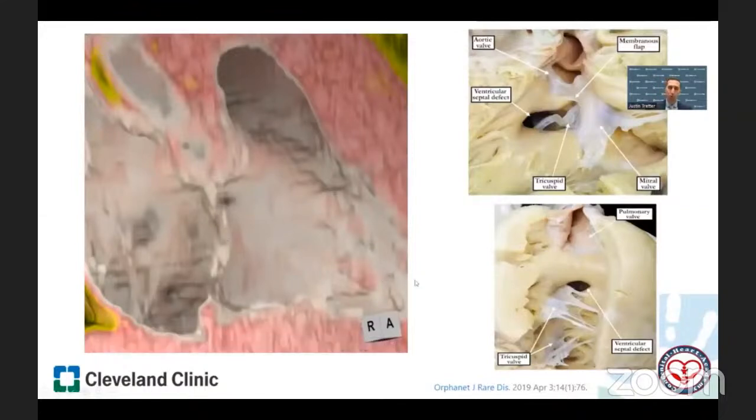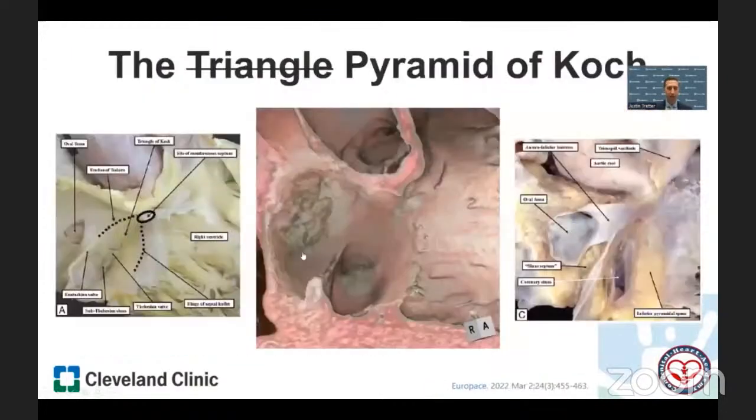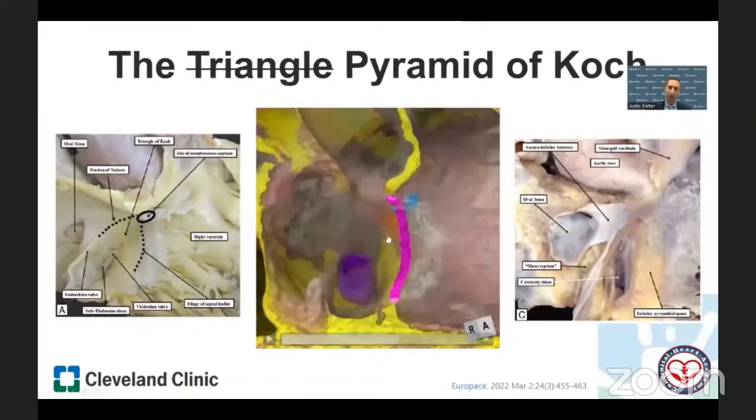So if we think about where the conduction system is, then because we've defined the borders to be perimembranous, the conduction axis will run along the posterior inferior margin of the defect. And if we go back to how we can understand the conduction system, looking at a similar right anterior oblique view and understanding the triangle of Koch seen here, that it really is this 3-dimensional pyramid underneath. And if we make the myocardium translucent, then we can see the upward directed apex of the inferior pyramidal space, which overlaps the downward directed apex of the floor of the infraseptal recess. The AV node will be located at the apex of the inferior pyramidal space.